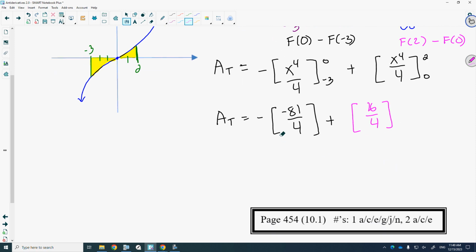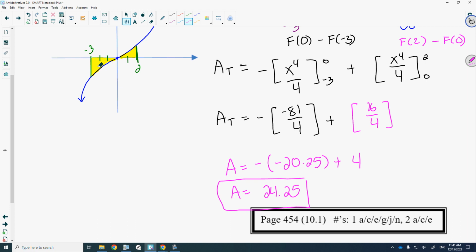There's a couple different ways we could do this. You could do common denominators, or some of you would say 81 divided by 4 is 20.25. Like 80 divided by 4 is 20, and then 1 divided by 4 is 0.25. So I'll just show you both ways. The reason I'm doing that is because 16 divided by 4 is 4. So this area would be negative 20.25, but that's the net area. The total area is 20.25 plus 4, so 24.25